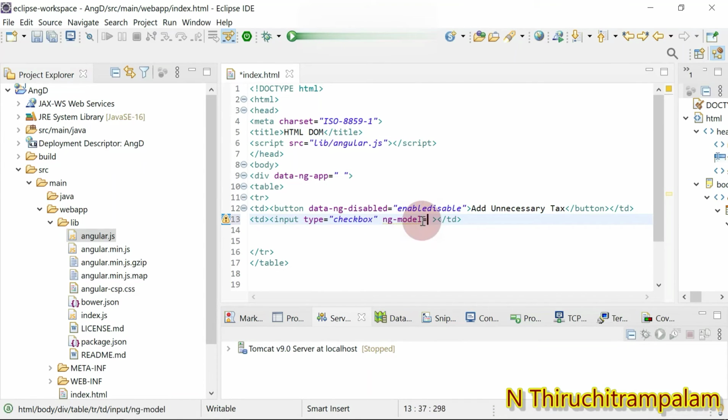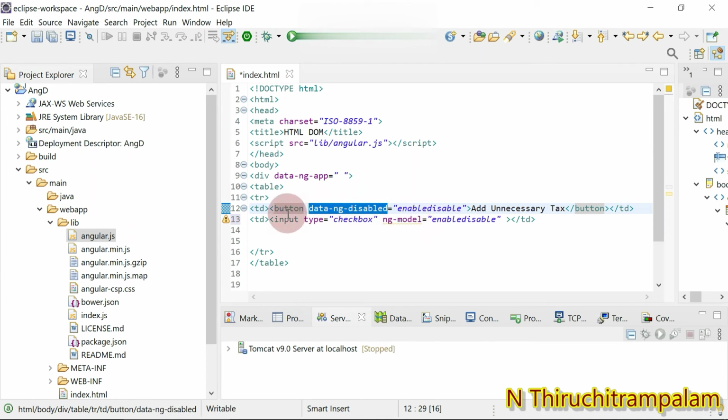So here, after the equal sign, you need to give the value. Whatever model you're going to bind, that model name should be given here. Enable-disable is the name of the model, so I give it here. The HTML element is the input checkbox, and the model is the button ng-disabled.